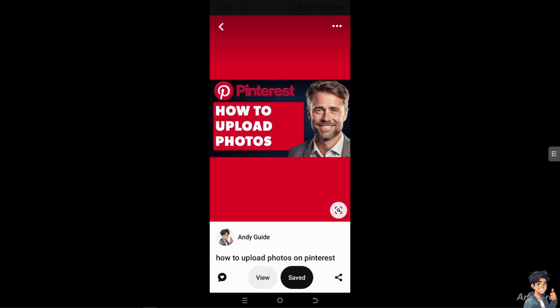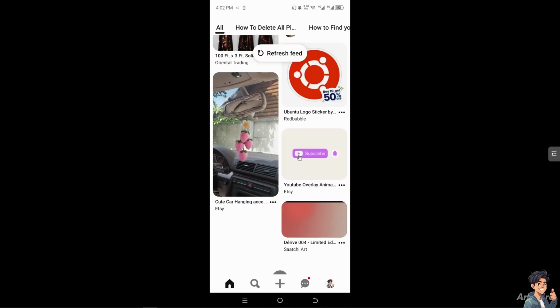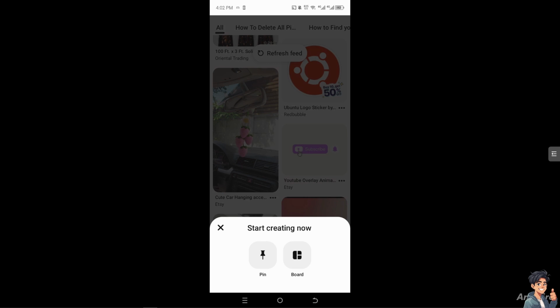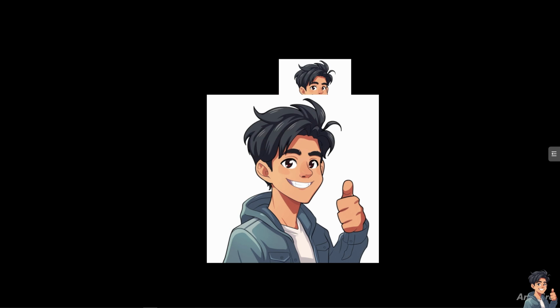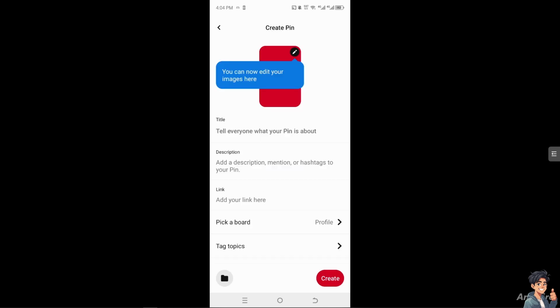design, or art. Now, I need you to go to the homepage, where you can find a plus button at the center. I want you to click on it, because this is one of the ways for you to upload photos in Pinterest. One is creating a pin. All right, click the option here. Now, once you've done that, all you're gonna do is choose the photo or photos that you want to upload on your pin. Okay. Now, after that, you can put in a title,